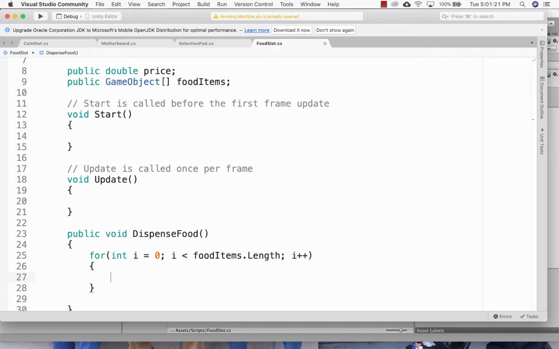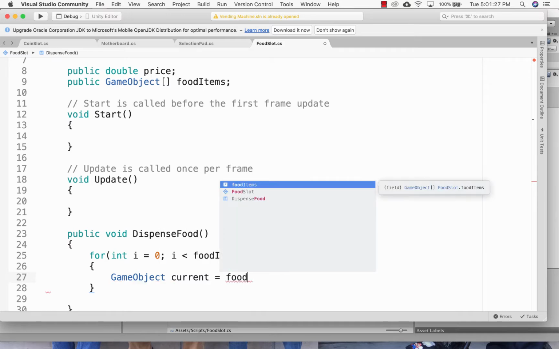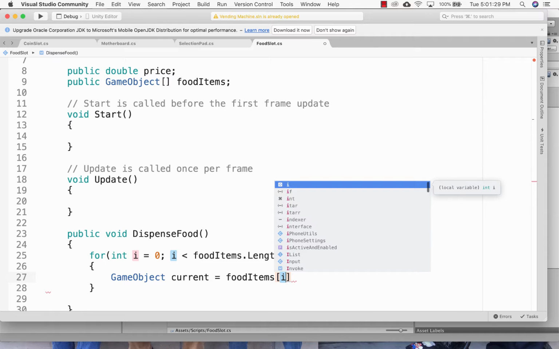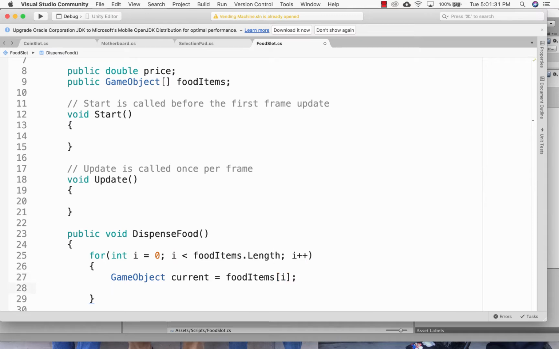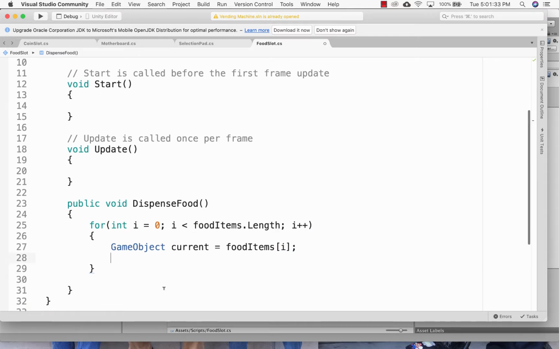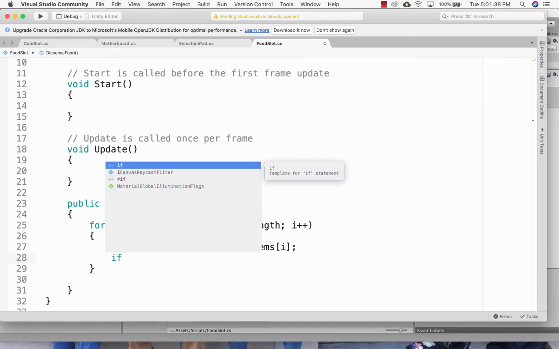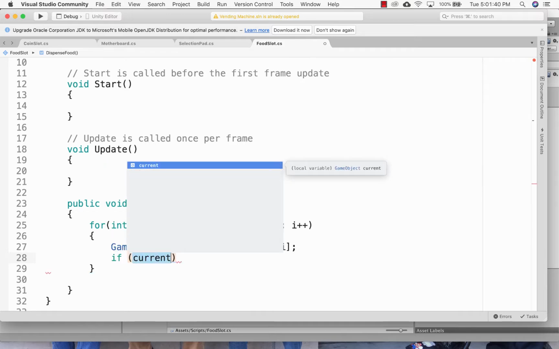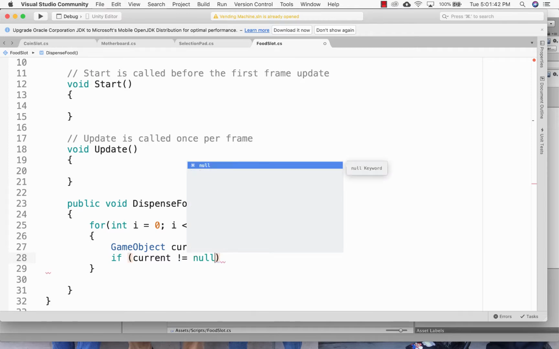So we'll say GameObject current equals food items i. So I guess the current one we're looking at. What we want to do to that, well, let's do a check. If current does not equal null,